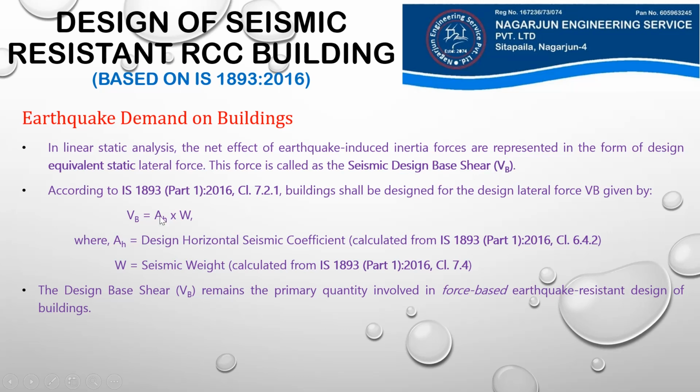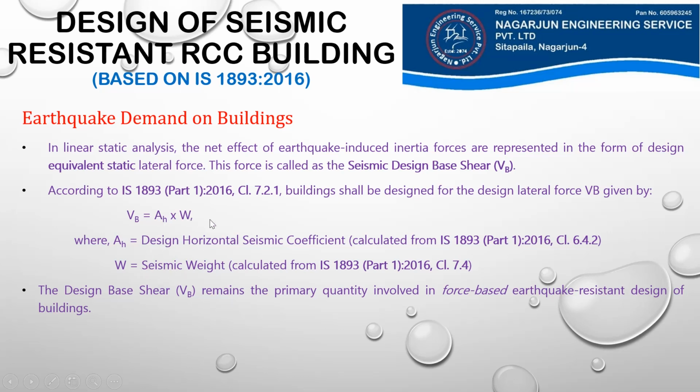We already know this. And the value of this seismic design base shear is given by IS 1893 Part 1 2016 code in clause 7.2.1. According to this clause, buildings shall be designed for the lateral force VB given by this formula, the product of design horizontal seismic coefficient AH